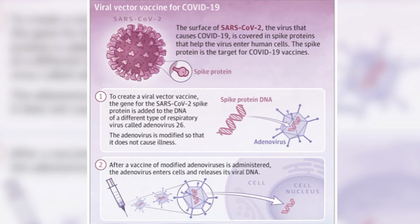The newly approved Johnson & Johnson vaccine also works by creating memory B and T cells, although it does so in a slightly different way. This vaccine works by using a viral vector to deliver the spike protein. This sounds complicated, so let me break it down. Basically, this vaccine involves a common but mildly pathogenic virus known as adenovirus. Adenoviruses cause cold-like symptoms, and most of us have been infected with an adenovirus at some point in our lives,